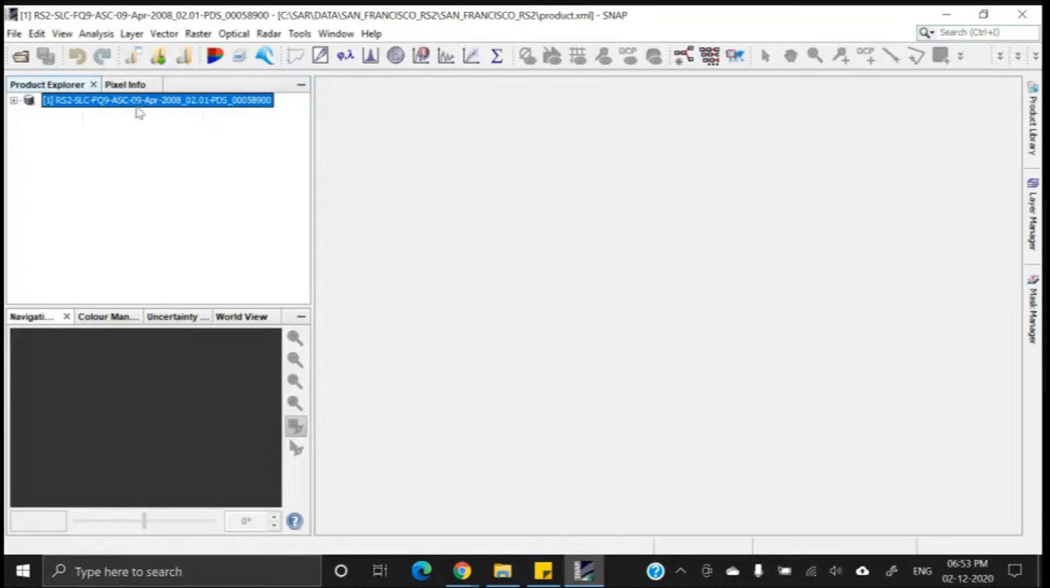Then the date on which it was captured, and also it has the ID, the product ID. For each and every product, they will have their internal ID. So this internal ID is also there. Now, if you click on this plus sign in the left hand side, you will find first